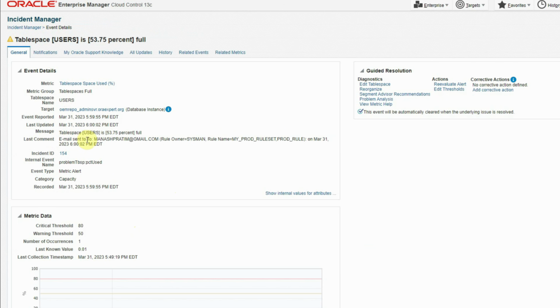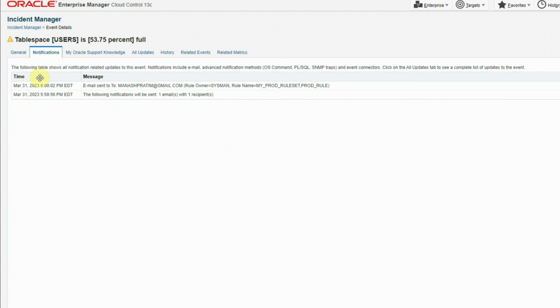We see that the email was sent to my personal email ID, which I considered as the production DBA's email ID, and the rule set this time was my prod rule set, and the rule was prod rule. So everything is working as expected. If you want to get a more discrete level of the actions taken, you can click on this notification, and there you will be able to see